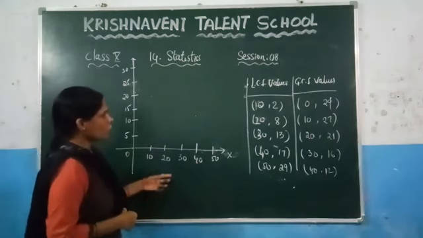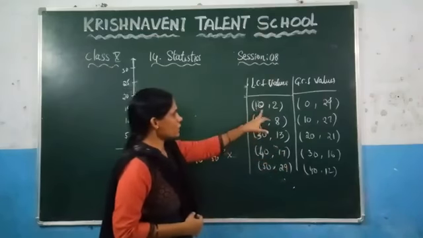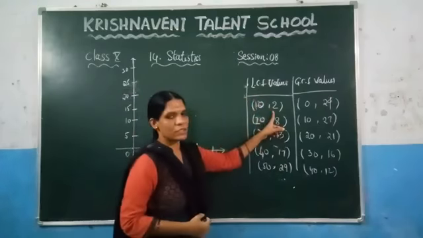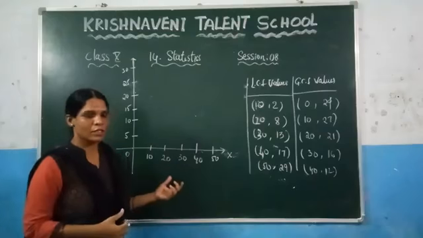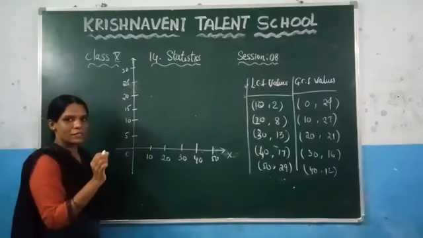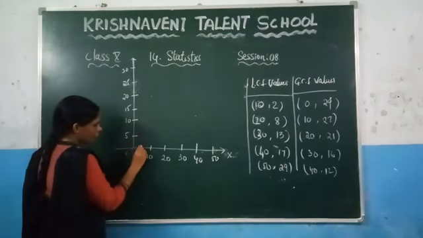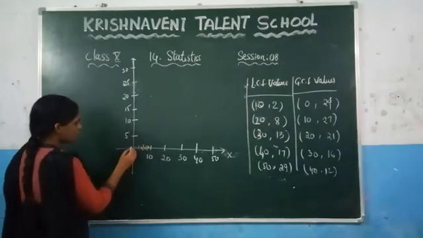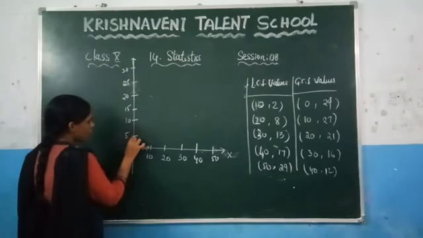So if you want to represent less cumulative frequency values on the graph, what is the x-axis point here? 10. So you need to go to 10, and after that on the y-axis what is there? 2. You need to go to 2. Here you can observe that many people have this doubt. Each unit is divided into 10 parts on a graph. You can observe that it will be 1, 2, 3, 4 and after that the fifth one, then 6, 7, 8, 9, 10. Like that they will be, on the x-axis or y-axis also, 1, 2, 3, 4, 5, 6, 7, 8, 9, 10.